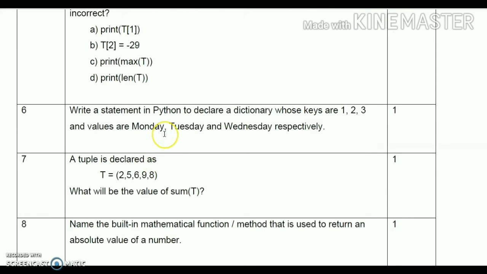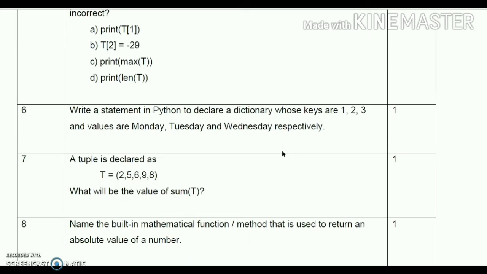See question number 6. Write a statement in Python to declare a dictionary whose keys are 1, 2, 3 and values are Monday, Tuesday and Wednesday respectively. So you can write down this equal to in curly braces. Dictionary always starts with curly braces.